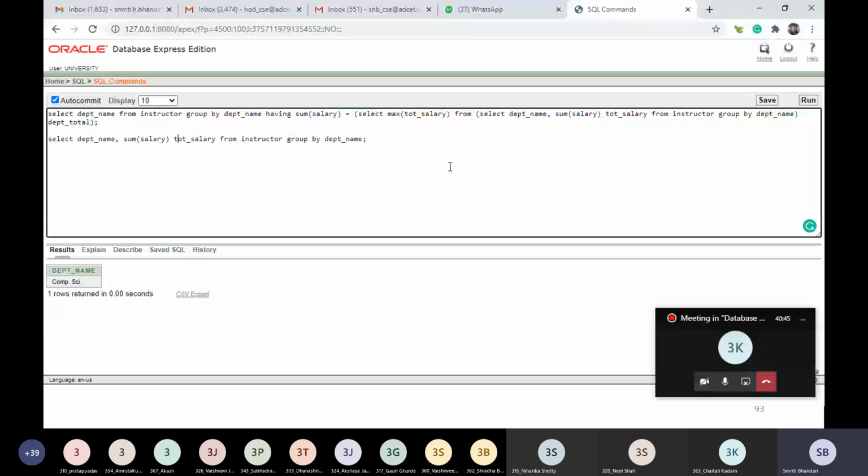As I stated, this is only one solution. We may write this query in several different ways. So I would appeal to all of you to try to write such queries in different ways, because we have gone through almost all the clauses of SQL, and we may make use of all those clauses to come up with solutions. I hope you must have understood this. So let's proceed now.